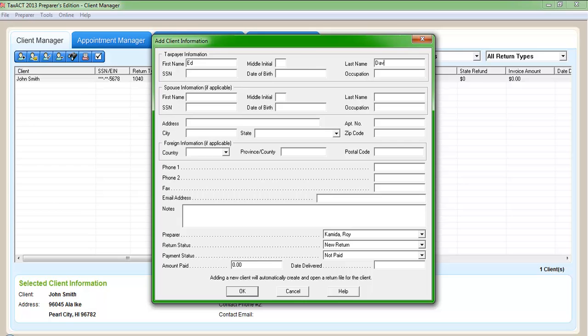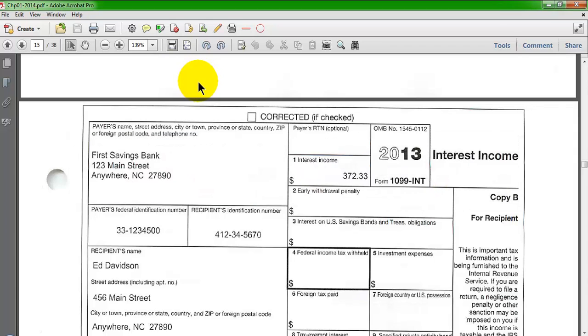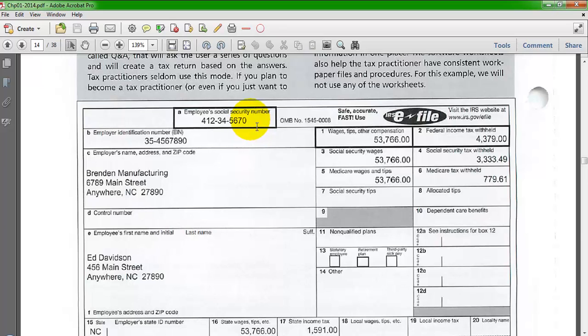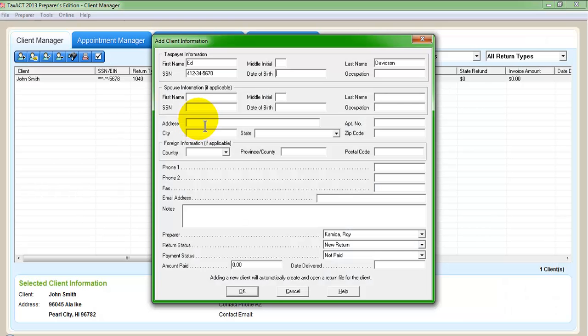Here, last name is Davidson, and for the Social Security number, I'll grab it from Ed's W-2 form. Of course, you cannot do this if you don't have a digitized copy. I'm selecting, giving the copy command, and then pasting. Birth date, we're really not given that, but I'm just going to make up a date here. How about 1980? Occupation, again, we're given his W-2, but not really his occupation. I'll just say manager. Now I need to fill in Betty's information,